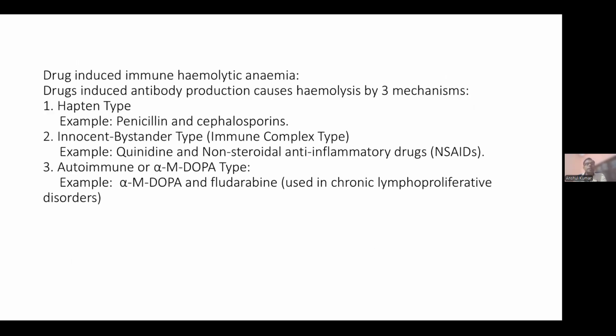Next, drug-induced hemolytic anemia. Drug-induced antibody production causes hemolysis by three mechanisms. The first is the hapten type; examples are penicillin and cephalosporins. Here, some drugs and their metabolites act as haptens, meaning they are a type of incomplete antigen and are adsorbed on the red cell membrane. IgG antibodies to the drug are formed and combine with the drug on the red cell membrane. Such red cells are sequestered in the spleen, resulting in extravascular hemolysis. Examples are penicillin and cephalosporins. The latter is the commonest drug